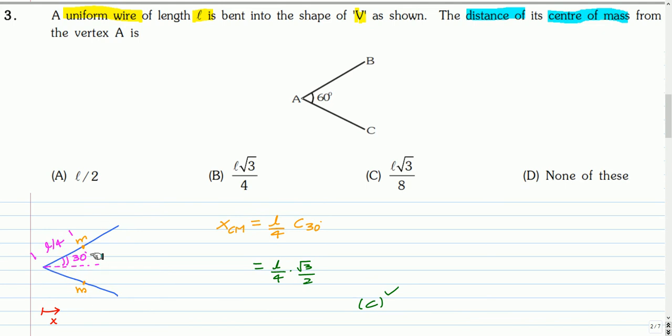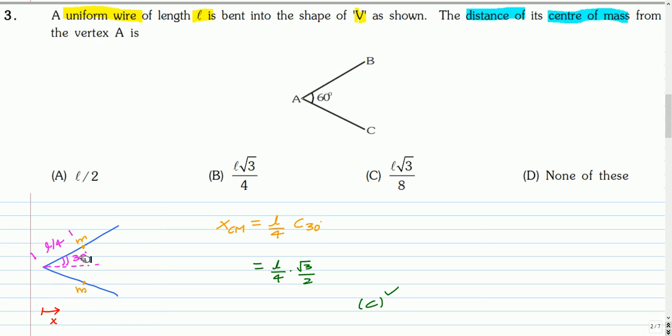So we can divide this wire in the form of V-shape into two parts, AB and AC. So the wire AB we can replace by a point mass equal to its mass at its center of mass position, that will be at L by 4. This length from A to B is L by 2, so the middle is at L by 4. So we will replace this AB wire by a point mass of mass M equal to the mass of wire AB. Similarly, the wire AC is replaced by a point mass of mass M at L by 4.